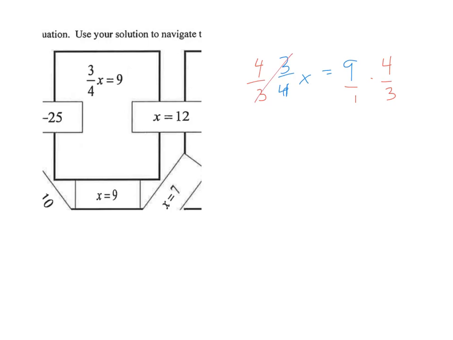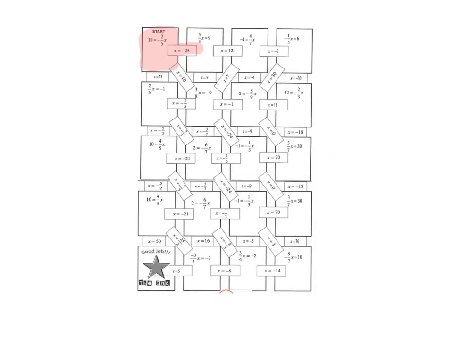Those 3's, that would give us 12 over 12, which is 1, and 1 times x is just x. Here I can cross cancel. I got 3 goes into 3 once, 3 goes into 9 3 times. Multiplying across, I would get 12 over 1, or positive 12. That means we are going to go to the right again. Which means our next one is going to be